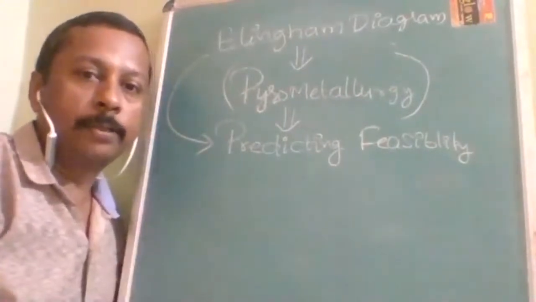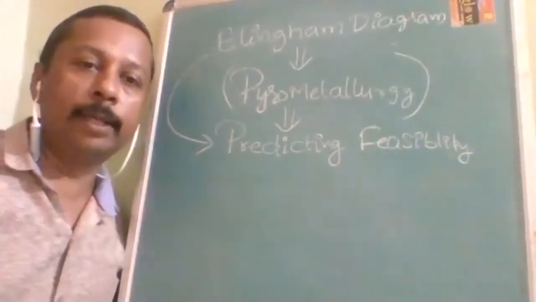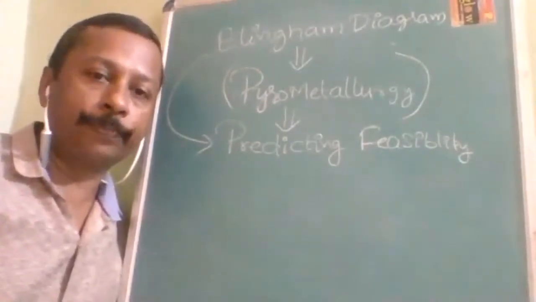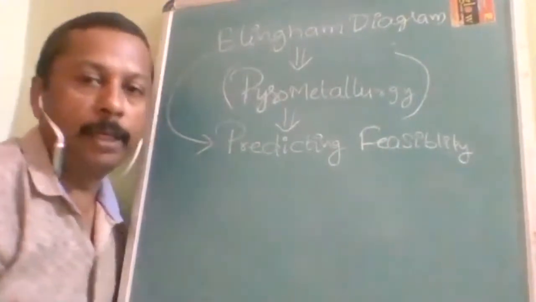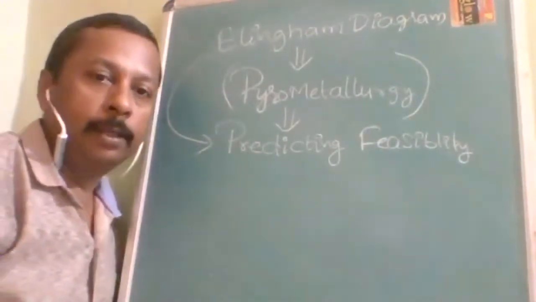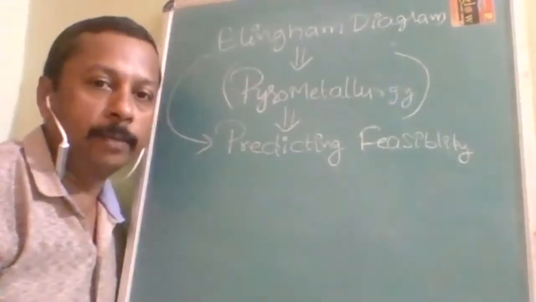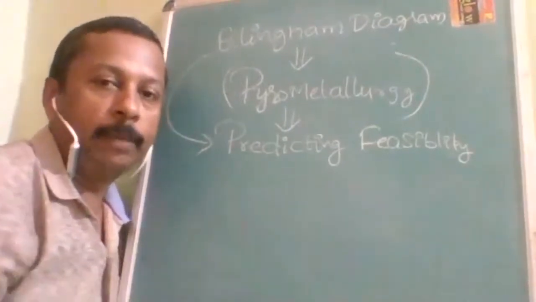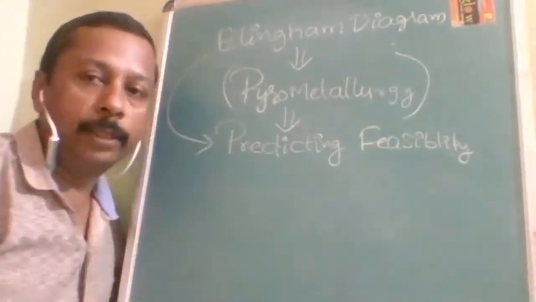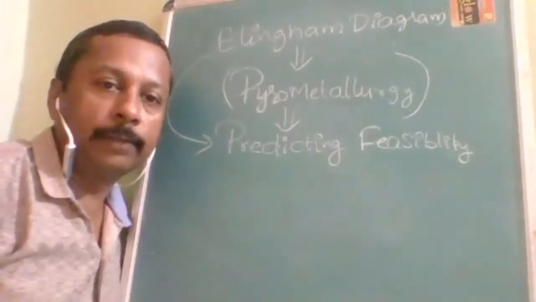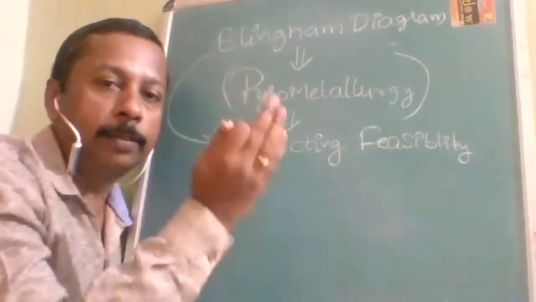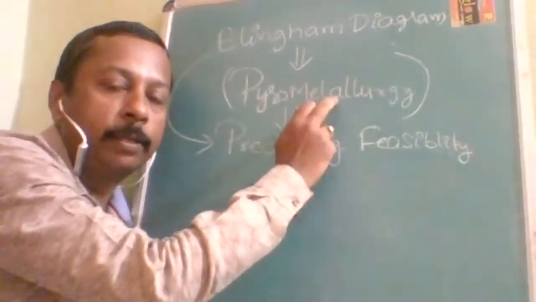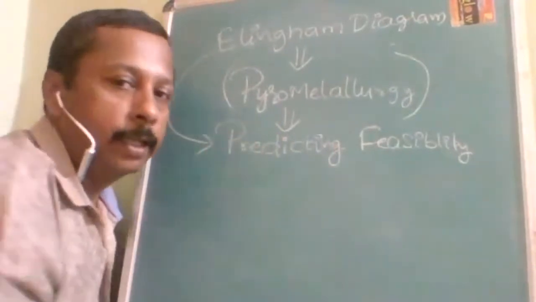Are you ready? The Ellingham diagram is used in pyrometallurgy, where it is used for extracting a metal just by heating. As I told you, it is multi-concept, so before understanding this you should know some basics of thermodynamics. The Ellingham diagram is basically an application of thermodynamics for metallurgy: using the concept of thermodynamics for the purpose of metallurgy.